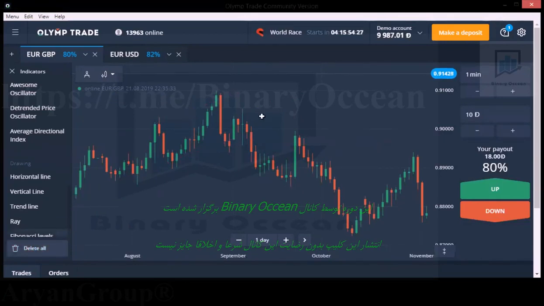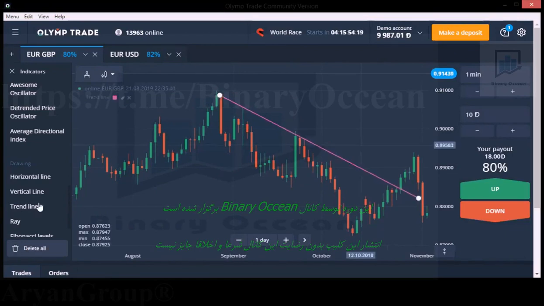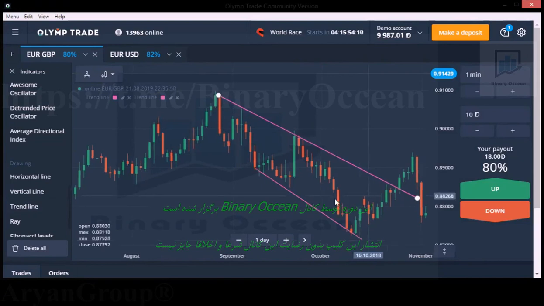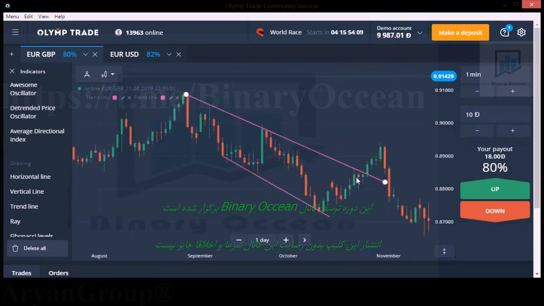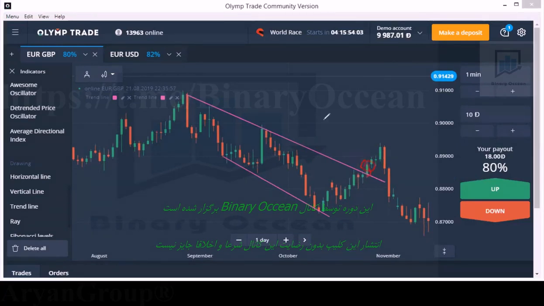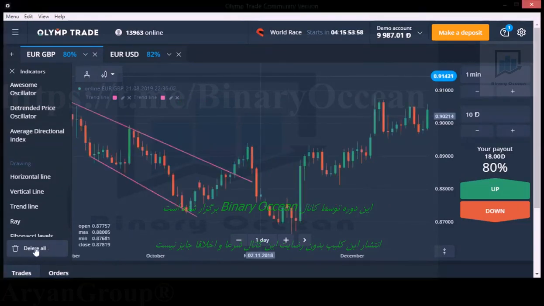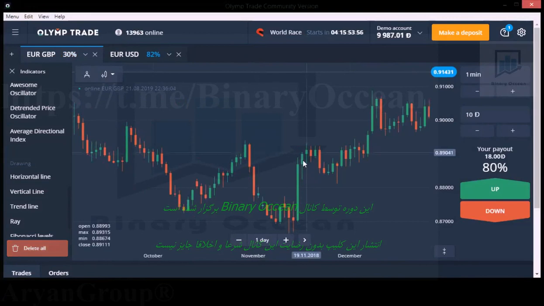And here, I think okay, there is an entry point. I think there is no entry point here. Okay, there is no opportunity. Here we have an opportunity, but we are seeing a breakout candlestick. Again, we may lose our trade. So there is no opportunity here. Okay, let's see the opportunity again.